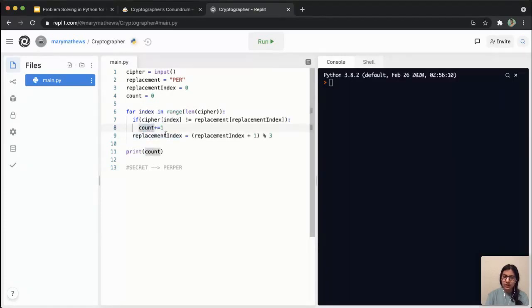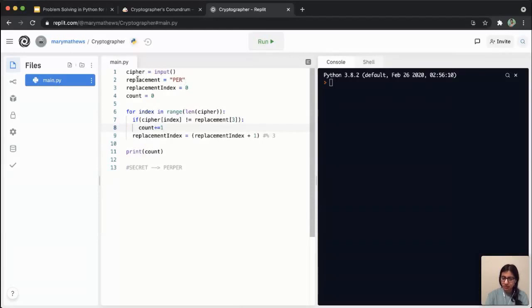And then it tries to increment my replacement index to 3, but my replacement is only of length 3. So that would give me an index out of range error if I had replacement of 3. Suppose I didn't have this mod 3. Let me just undo that. Suppose I didn't have replacement plus 1 mod 3. Then over here, I would end up getting replacement of 3, 4, 5, and so on.